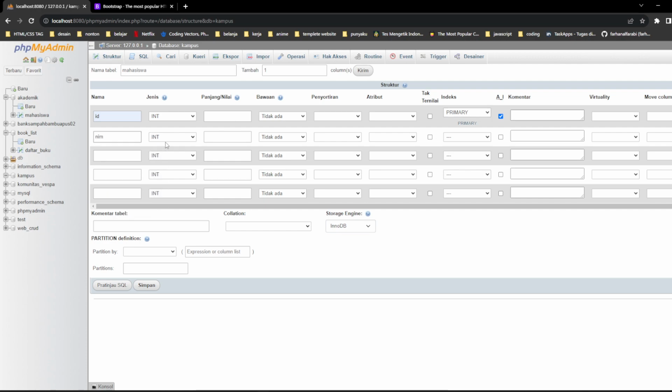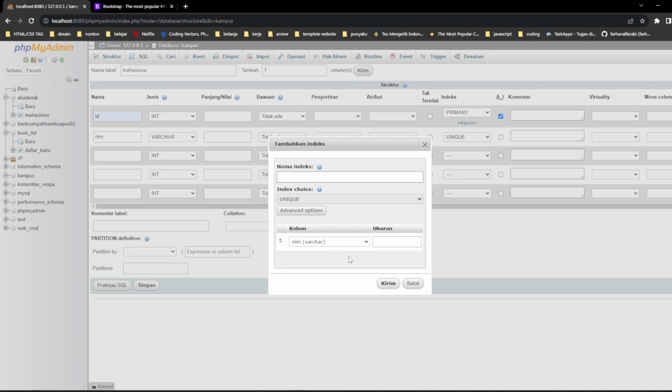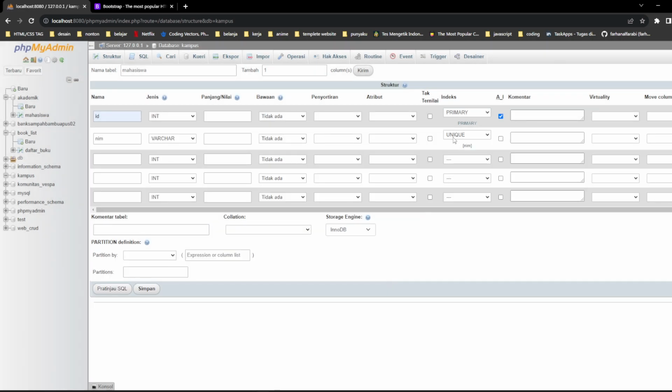And then name, varchar, and in the index you can make it unique, because no students have the same name. Unique means all the students have different names.